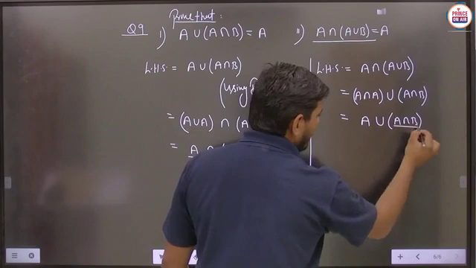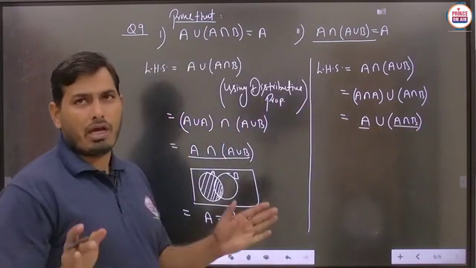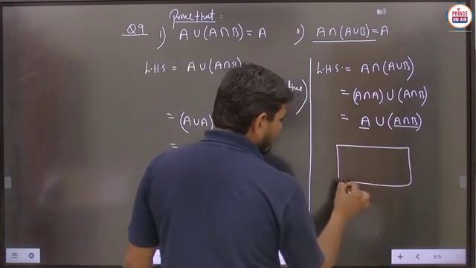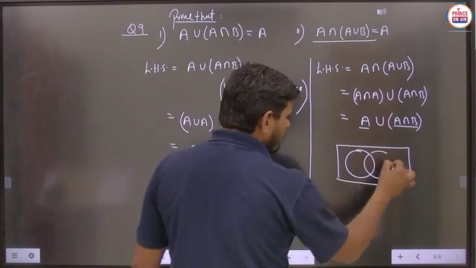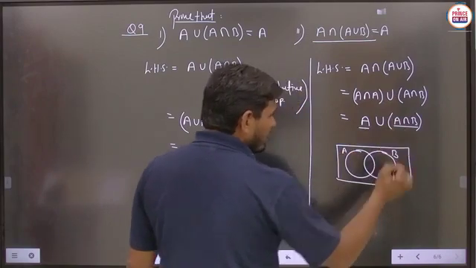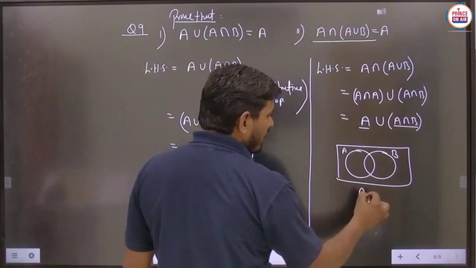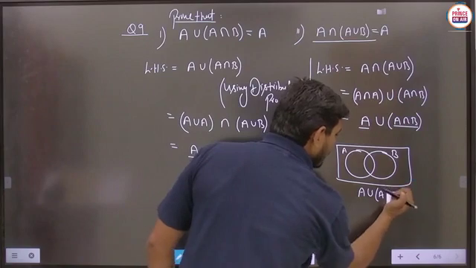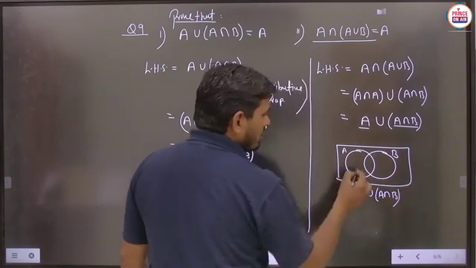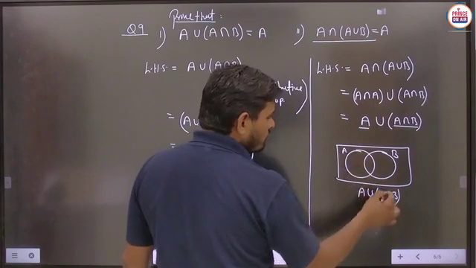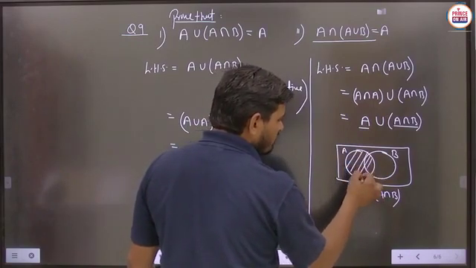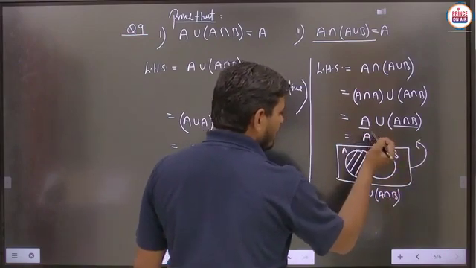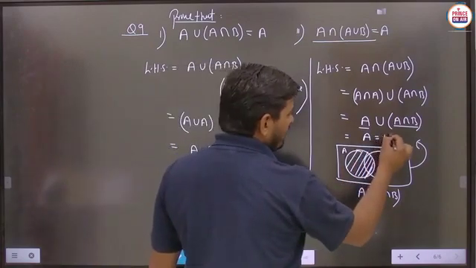Now, student, we have to consider these two parts and take the union of these two parts. So you have to make the Venn diagram again to understand the result, because with the help of the Venn diagram you can directly write down the result here, A set and B set. Suppose we have to make the Venn diagram of A union, sorry, A intersection B. Here this is the A intersection B and this is the whole A. So union means all the part of the A set is included. According to this Venn diagram, you can provide the result as set A. Now you can say that this is your right hand side.